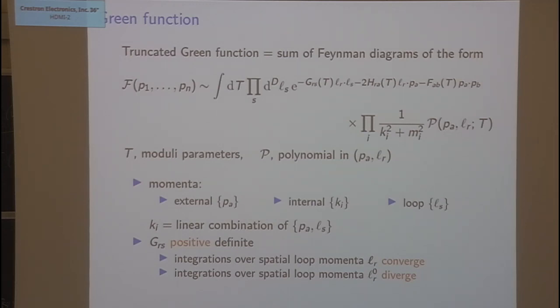Okay, so now using these vertices and propagator, you can find that the truncated Green function will be a sum of Feynman diagrams, where each diagram has this generic form. So again, you have some integration over moduli parameters, an integration over the loop momenta, and then you have an exponential where you have loop momenta and external momenta. You have some polynomial in the momenta, and finally you have also the propagators, 1 over k squared plus m squared, where k are the internal momenta,